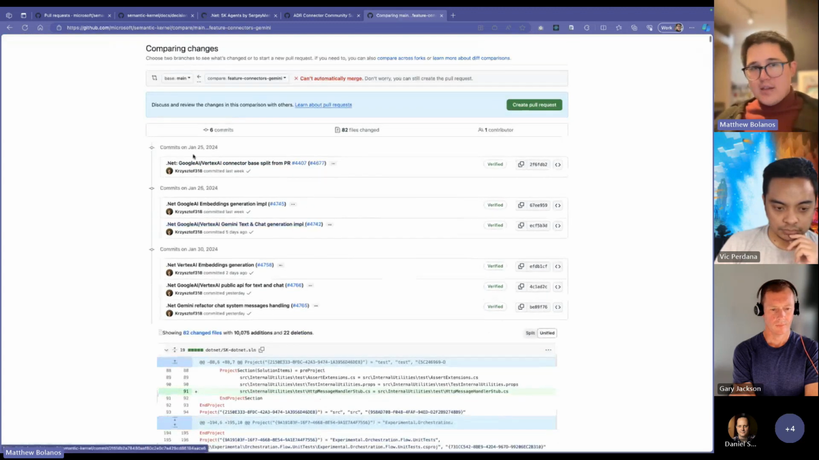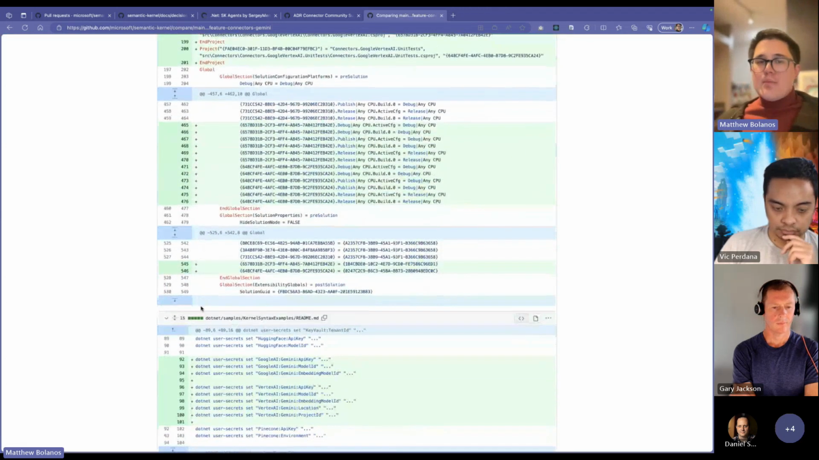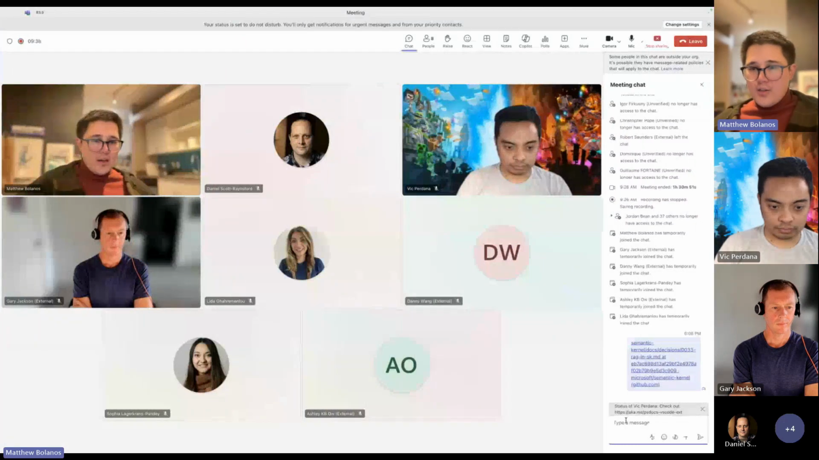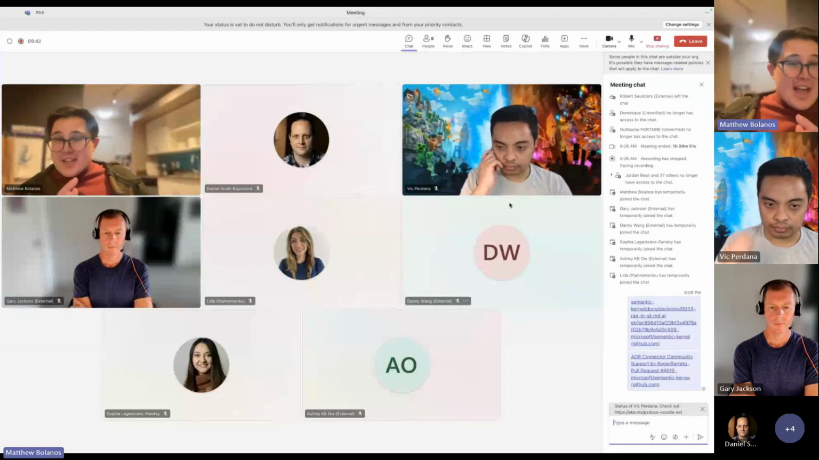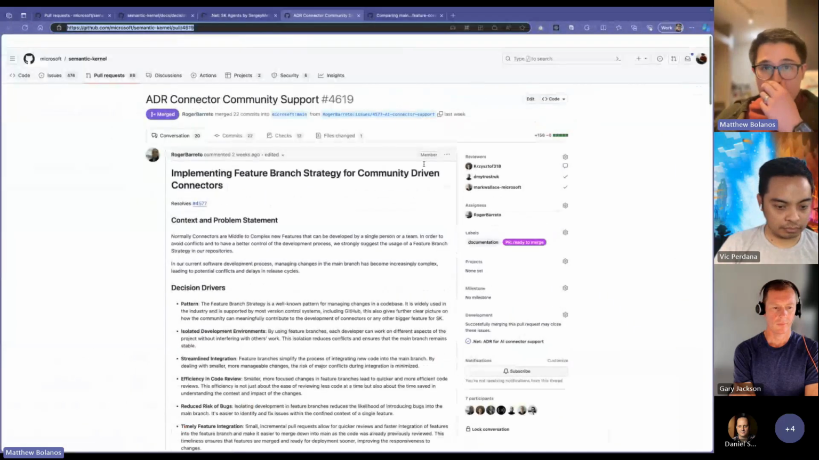So here we can see inside of smaller PRs, which we can kind of see for the Gemini one, which is going to be easier for our team to review and manage. So again, I'm going to go ahead and copy and paste this ADR just in case you're interested. Probably if you're not interested in actually creating a new connector, probably the best part of this ADR,